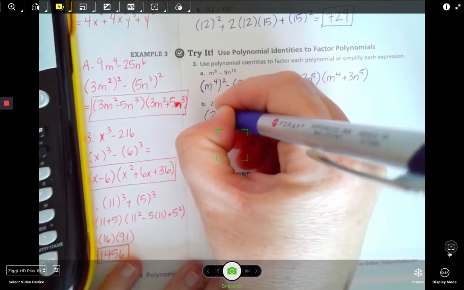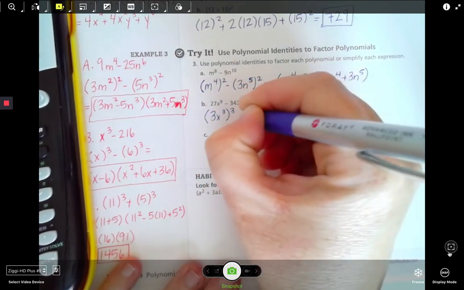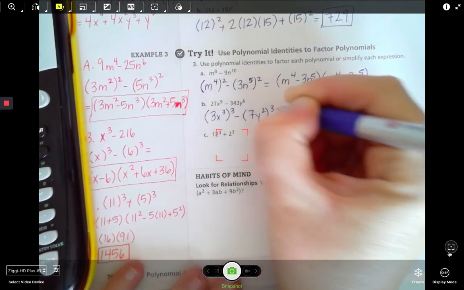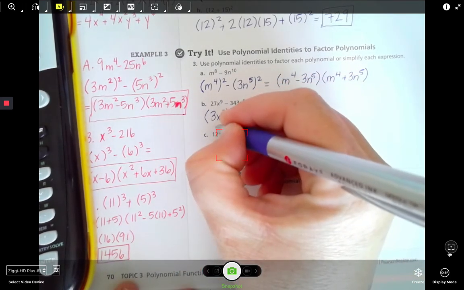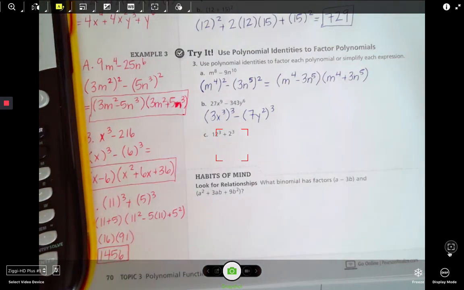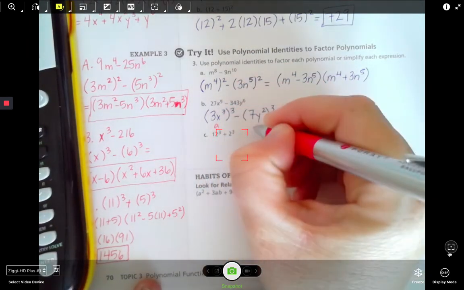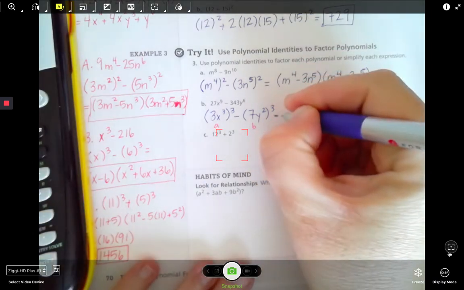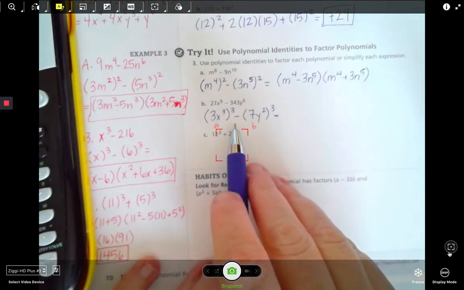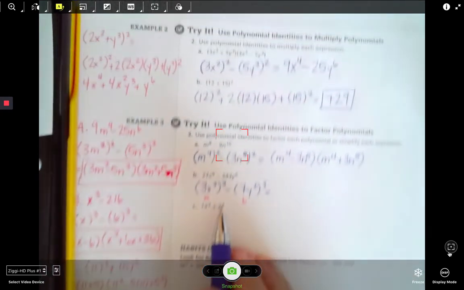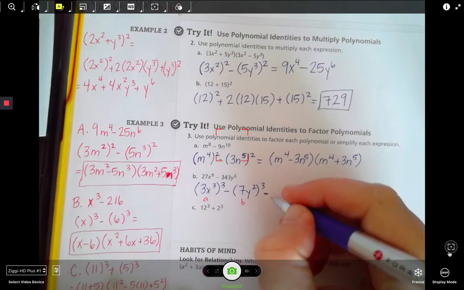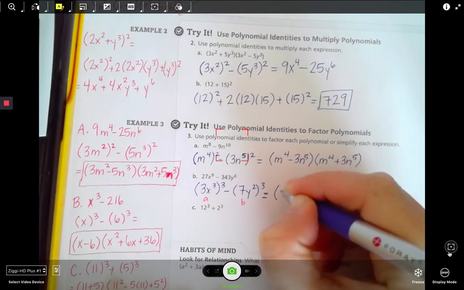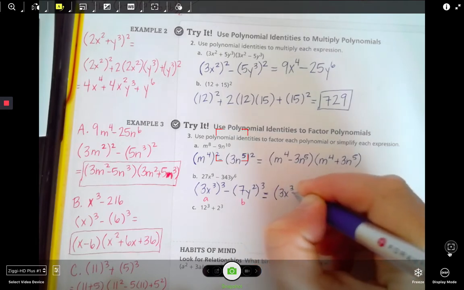So (3x to the third) raised to the third power minus (7y squared) raised to the third power. Remember we used this as A and this is B, right? The subtraction sign tells us it is the difference of cubes. So I've got A minus B